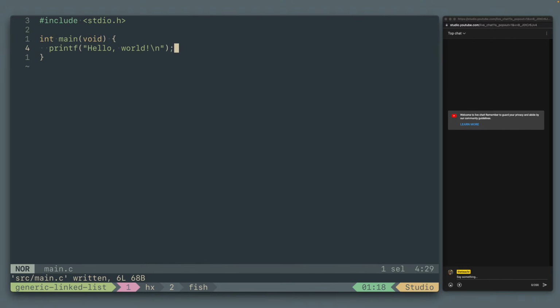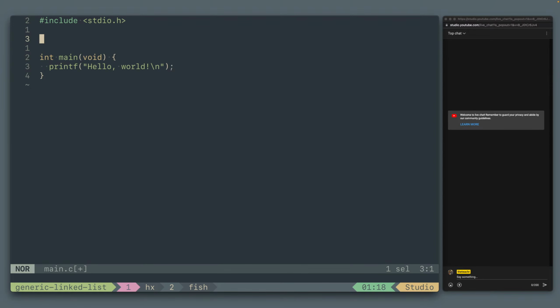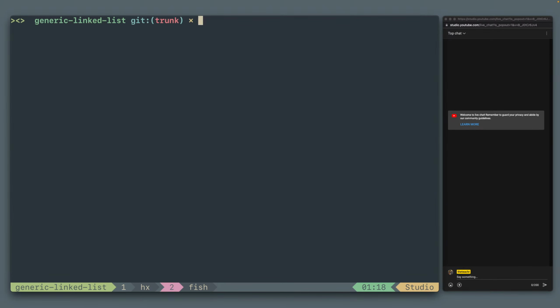Okay, that's working. I'll also do a simple macro to print the new line. Maybe that's an overkill. Never mind. Okay, so